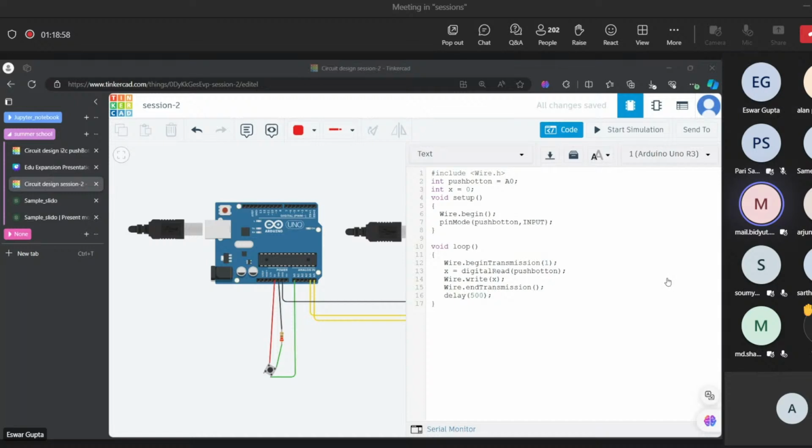Yes, speak out. Sir, why don't we have any argument in the void setup while we're writing Wire.begin? Which argument do you mean? Inside this, sir. We don't require any argument, right? In void setup, inside setup itself we are writing and describing. Wire.begin takes care that A4 is for clock and A5 is for transferring data, and pinMode will describe that this particular pin is that particular pin. So we need not send any arguments. Any argument is not even required now.